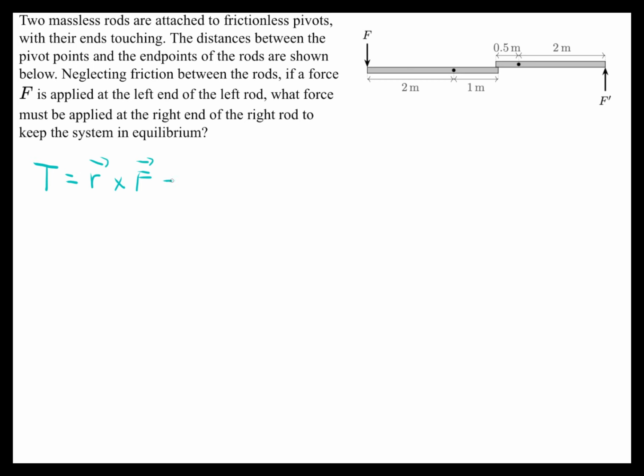And this is going to be the distance to the pivot point times the force applied